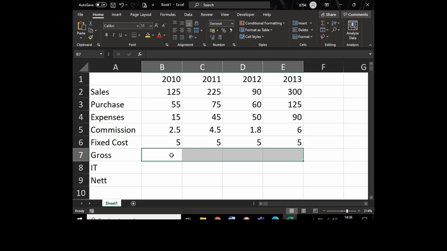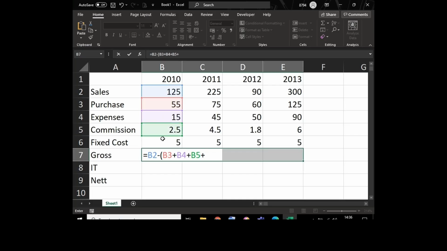Likewise, we will calculate the gross. So for calculating the gross, I selected B7 to E7. Now gross will be what? Total sales minus total expenses. So equals the sales, that is B2, minus, now one method is, in a bracket I can add all the expenses, that is purchase plus expenses plus commission plus fixed cost. But this will be very time consuming if you have hundreds of values, right? So what I can do is use a function called sum